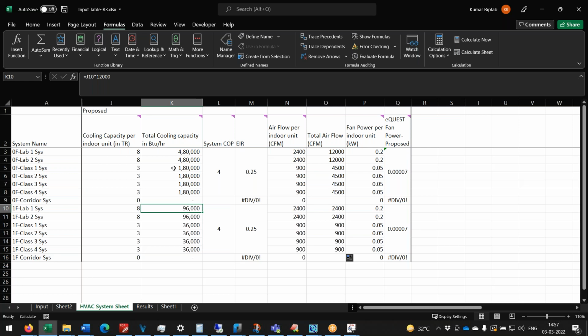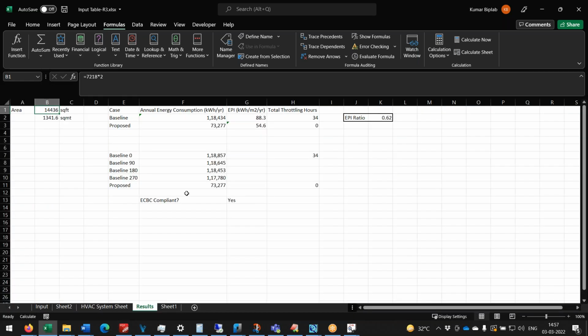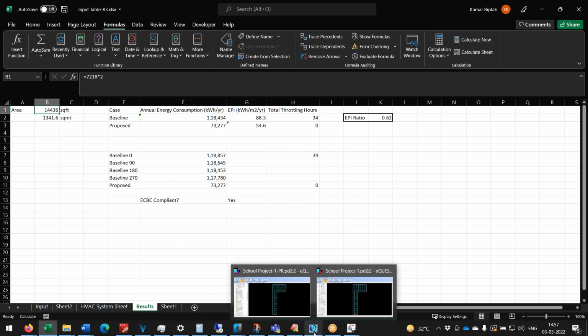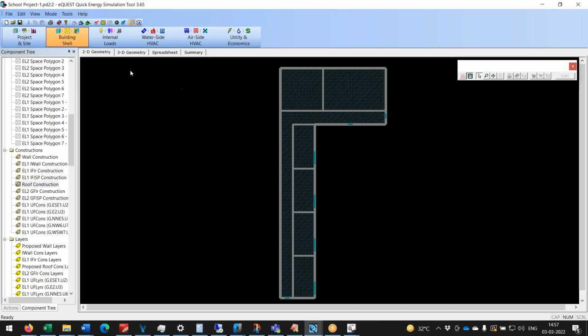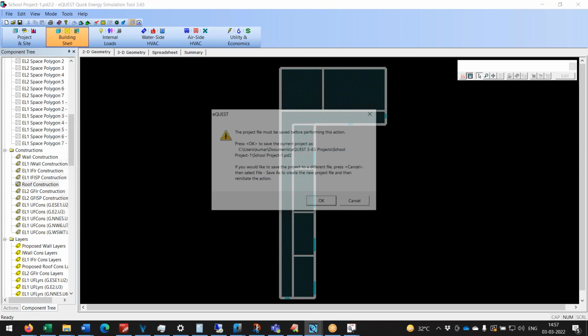And yeah, so these are the maximum systems you can encounter. It will be either a chilled water based system or a VRF system, and this is how you can actually complete the entire process. Of course, there's one more thing that I've forgotten, which is basically you have to rotate the building also. Okay, so for that, what we'll do is we'll go to baseline, tools, parametric runs,